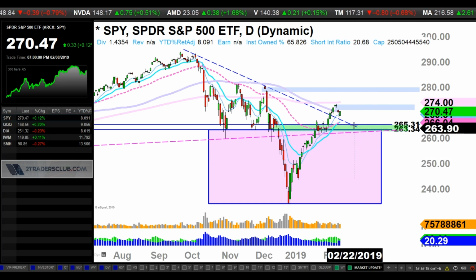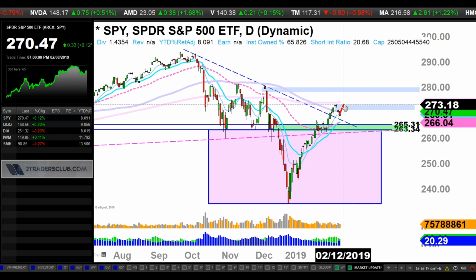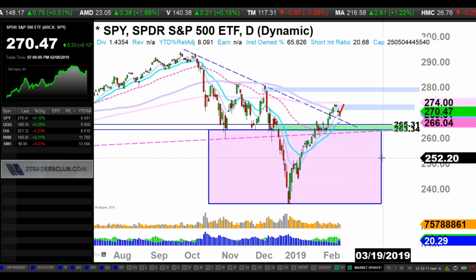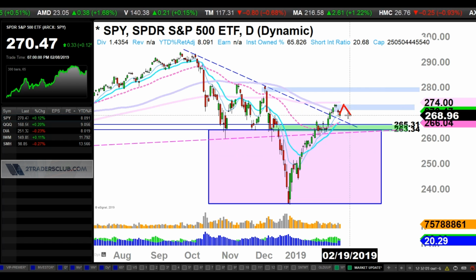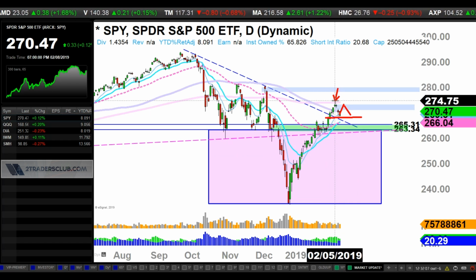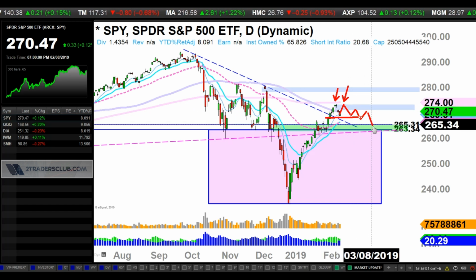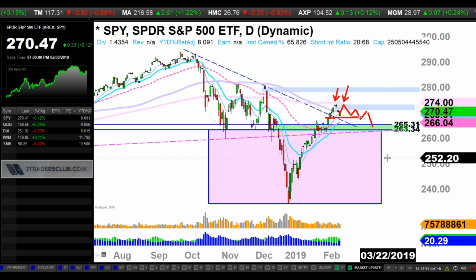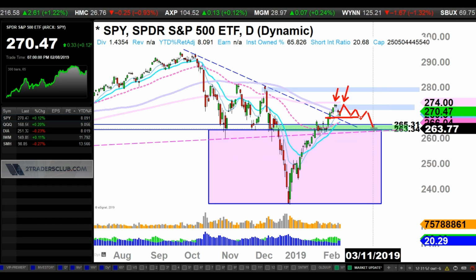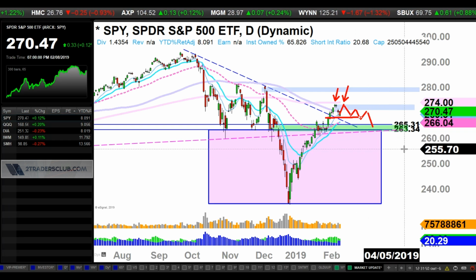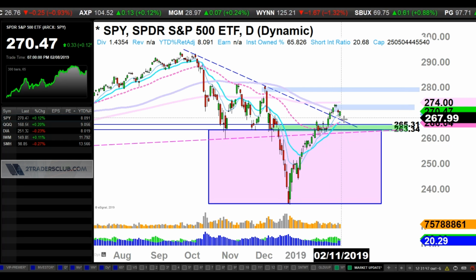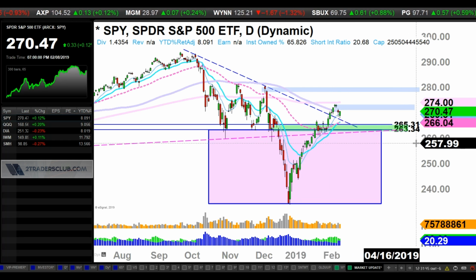Another scenario might be that we get up here, either fill this gap or struggle to fill it, and we come back down, and the bears are going to say, "Oh, look at this double top, man. There's a double top," and then we start to deteriorate in a slow manner, or a little faster. But I'm thinking we may consolidate here a little bit, maybe potentially retest 263. That is a possible scenario. Or we just keep grinding higher, and I'm leaning towards the latter, where it's going to keep grinding higher.